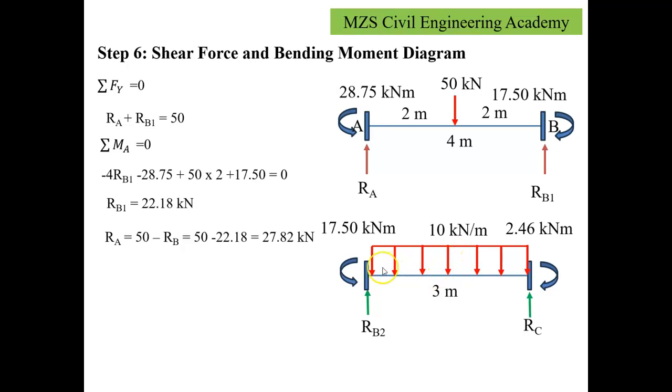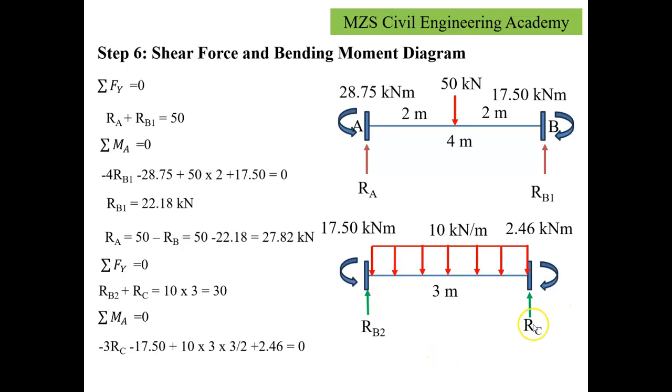In the second span, we will have the reactive forces at end B as RB2 and at end C as RC. RB2, this is joint B, which is common between the spans. That's why the second part I'm going to consider here. The moments I have mentioned here, we have evaluated from the earlier statics. So if I take the summation of forces along the vertical direction, I get the relation RB2 plus RC equals 30. If I take moment about the joint B,